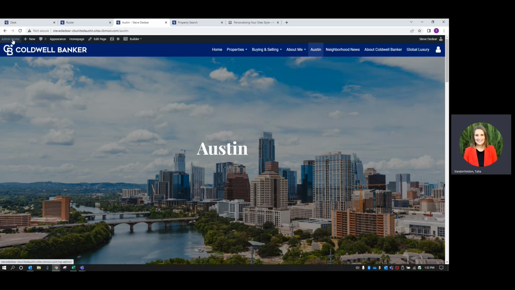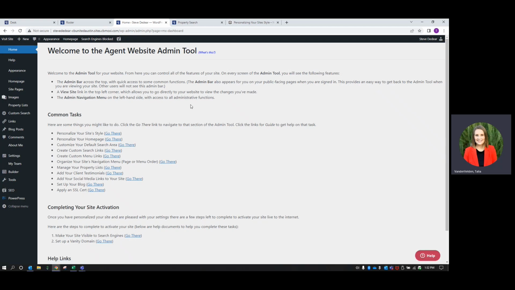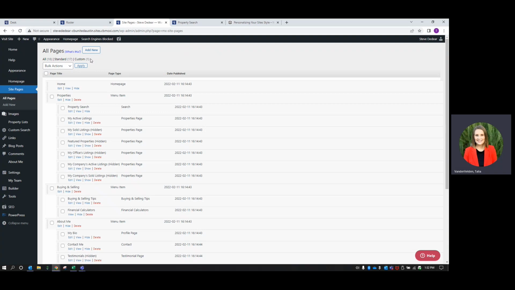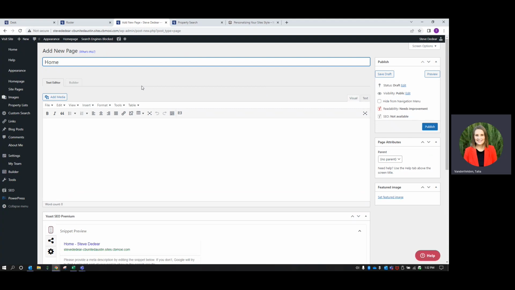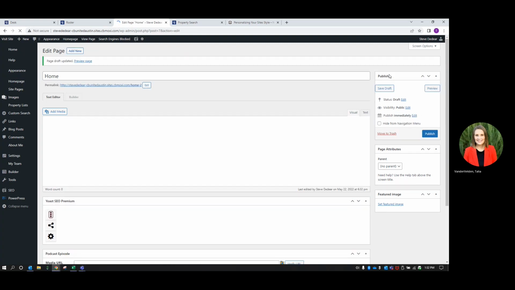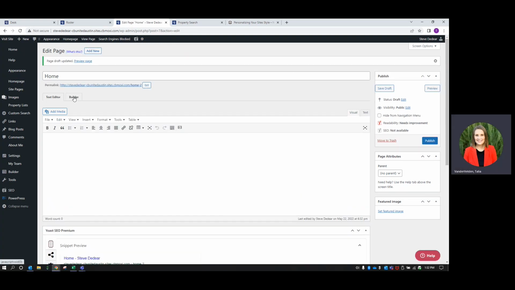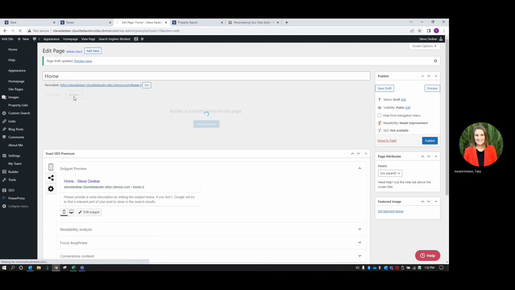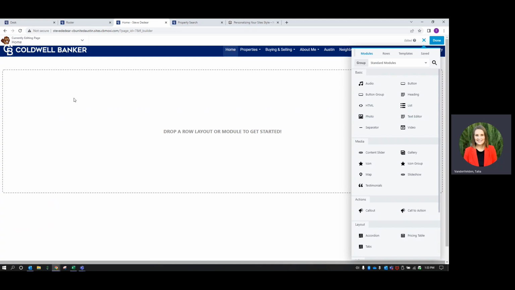So to get back, we're going to go to Admin Home. And now we're going to talk about a custom home page. So we're going to go through the same process where we click on Site Pages. And this time we're going to go to Add New. We still want it to be a custom page, and then hit submit. Now I'm going to title this home, and I'm going to hit save draft. After we've saved, we're going to navigate to this Builder tab and click so we can actually design our web